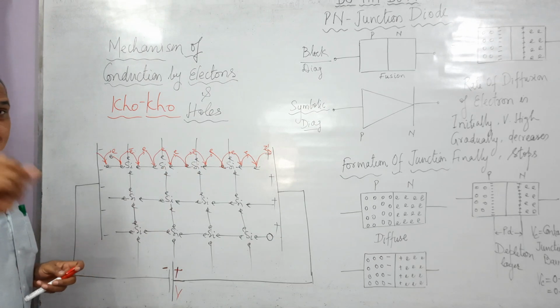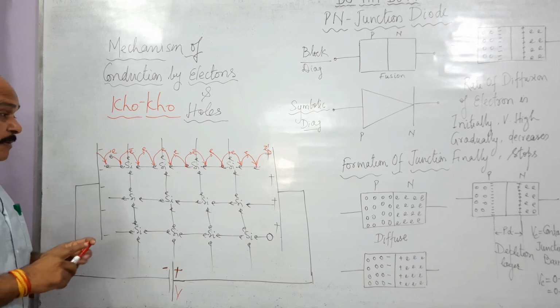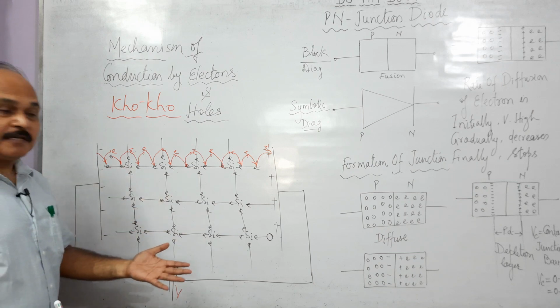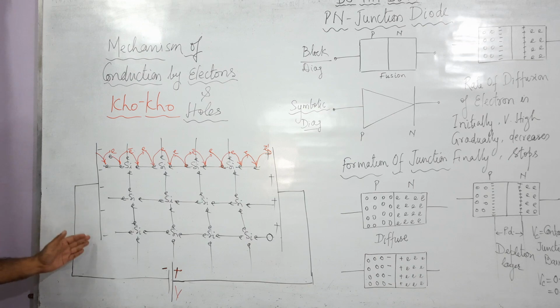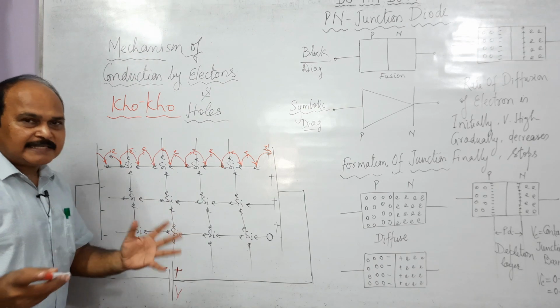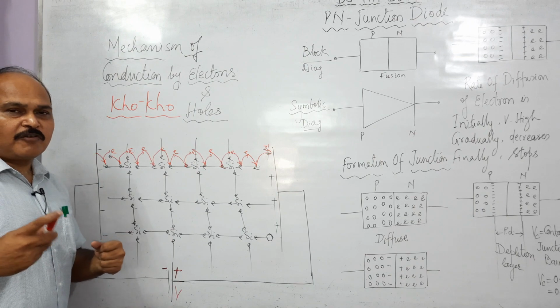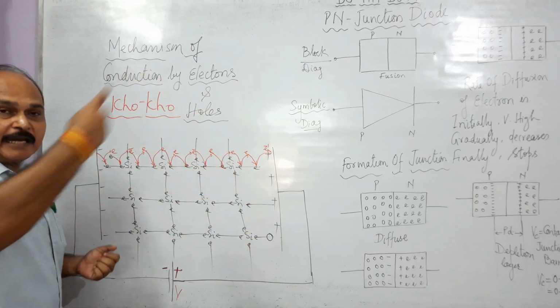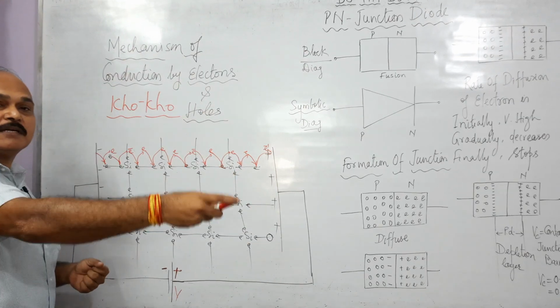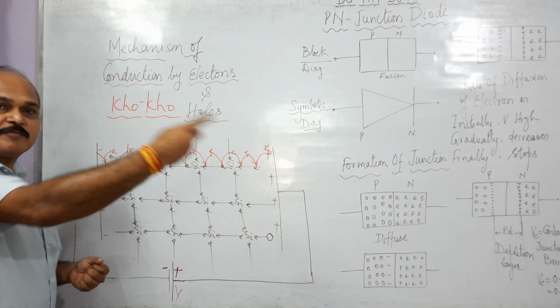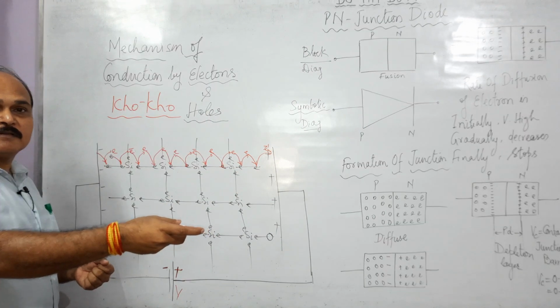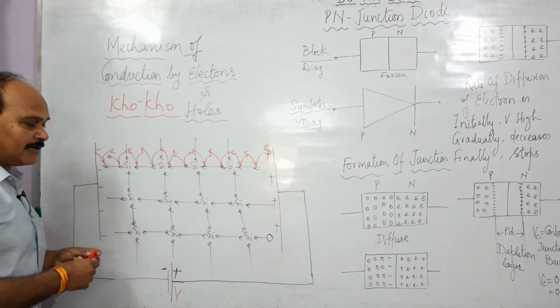Holes are not positive charge, but they behave like positive charge. As a result, they tend to move towards this negative plate. And these holes move by catching the electrons. From whichever place the hole catches an electron, it itself moves there. So let us see this electrical conduction here.